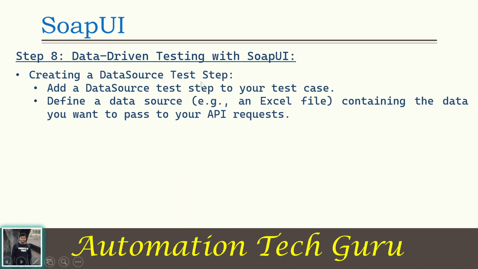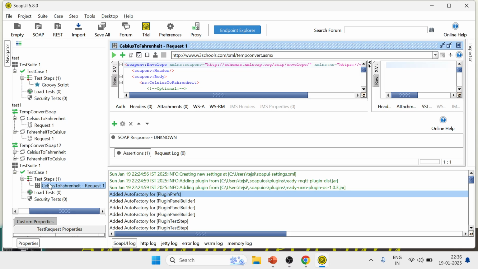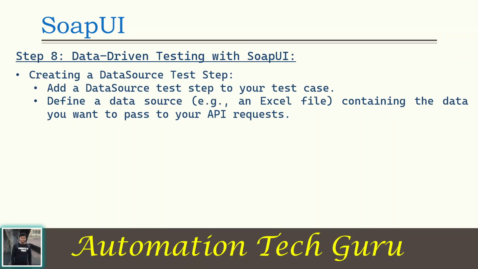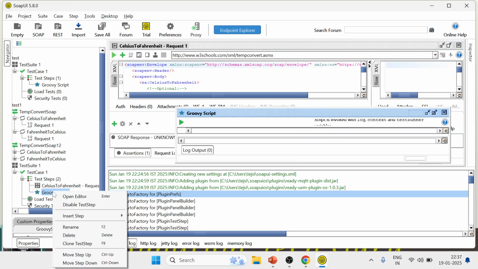So create a data source step, add the data source. So how you can add that, let me show you. So this is the step. You can use test case, right click, or sorry, here you can add steps. So these are the steps you can add: SOAP request, then property transfer, run test, Groovy script, and then you can add this in the Groovy script. You can right click,